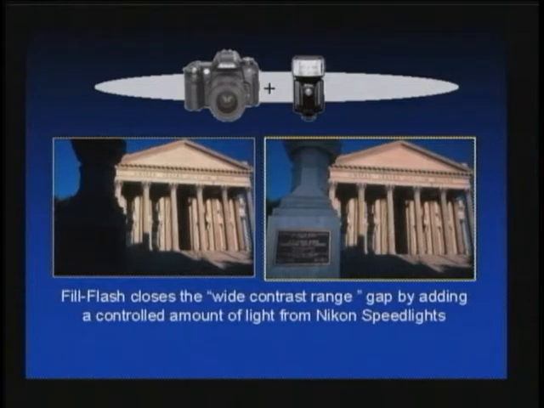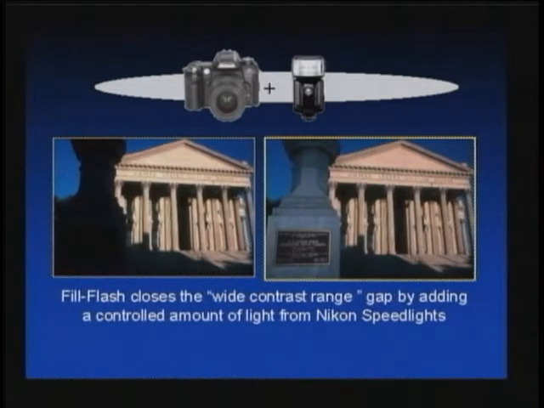In this photo here, I wanted to show you really what fill flash was all about. Film itself has a narrow contrast range that it can record exposure. It's about 10 or 11 f-stops. The human eye has an infinite range that we can see and adjust to. When you take a photograph that has a wide contrast range, such as this photo at left, where the building